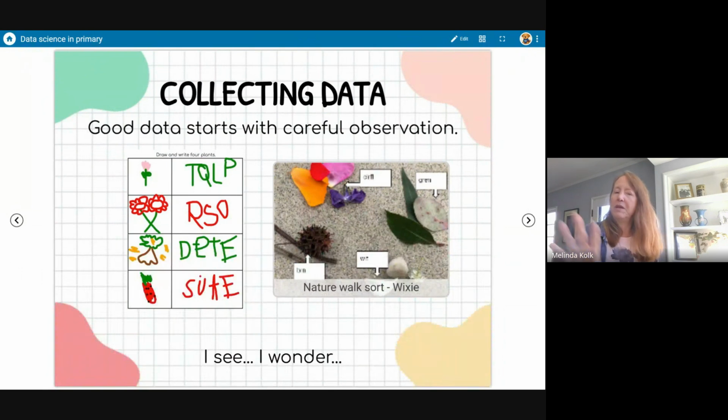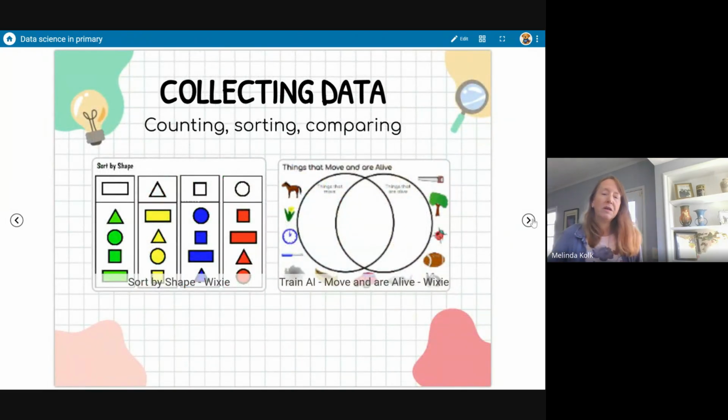So sometimes we might need to do something like this, or do our provocation, before we can go back and make a prediction. Looking at the colorful things, we could ask kids, what do we think we would see on the ground in the fall? What do we think we might see on the ground in the winter? And then having them make those predictions based on what they're thinking. And then, how do we test that? We'll do another nature walk and collect our data over the course of the year.